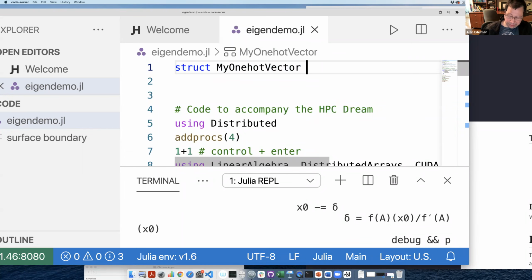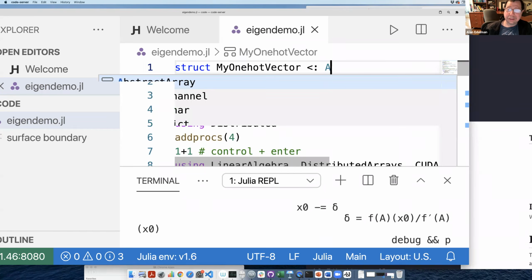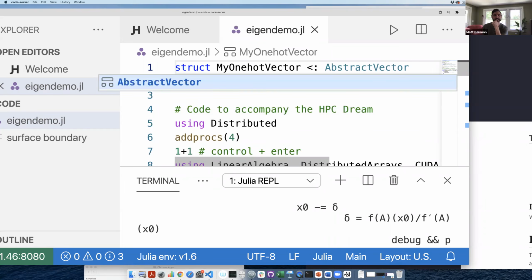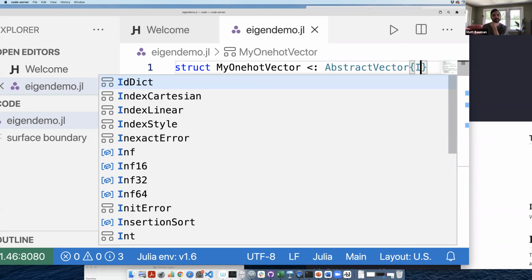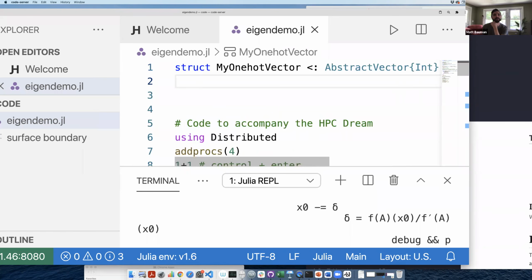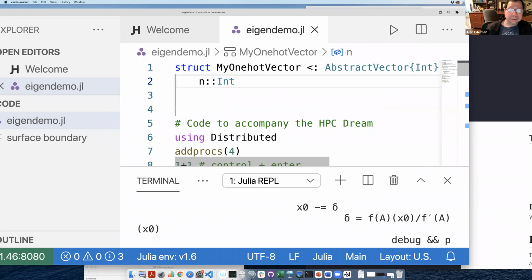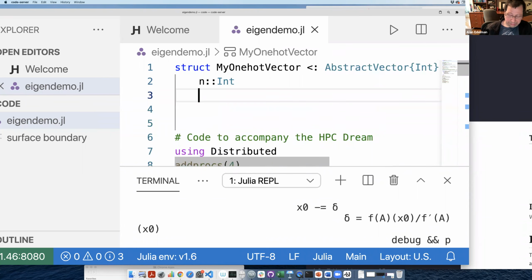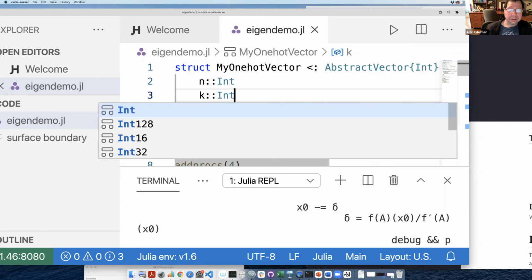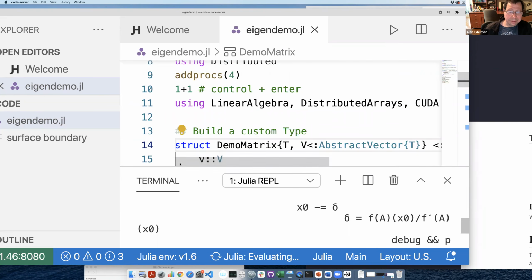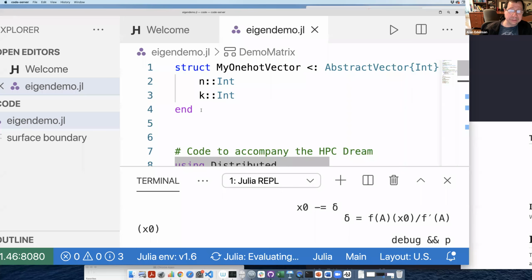Where do I need the curlies? Right there, curlies with an int inside it. Okay, this will do, right? Yep. All right. Now let's do 2 more things. Well, first let's show you what we just did.